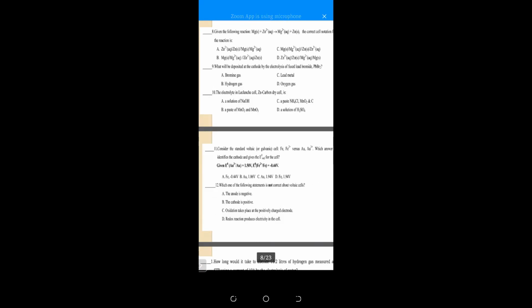እሺ number 9 what will be deposited as the cathode by electrolysis of fused lead bromide in the previous case we have seen the electrolysis of brine solution sodium chloride aqueous ማለት ነው aqueous means there is water in solution form in case of solution there are competent ions for discharging process but here it is fused or it is molten means we don't have water component ስለዚህ እዚህ ጋር በጣም ቀላል ነው ፖዚቲቭ ሁሌም ካቶድ ጋር ኔጌቲቭ ሁሌም አኖድ ጋር ይሄዳል it is very simple clear ስለዚህ መልሱ ምንድነው in lead bromide which will deposited at cathode ነው የሚለው ጥያቄ